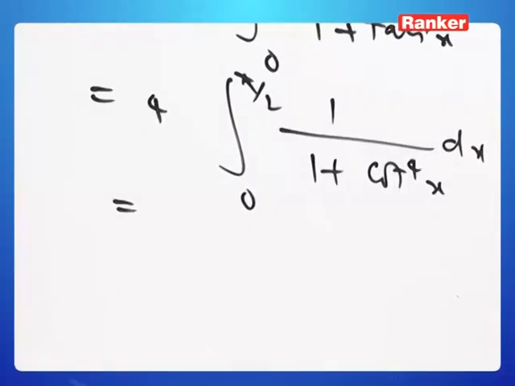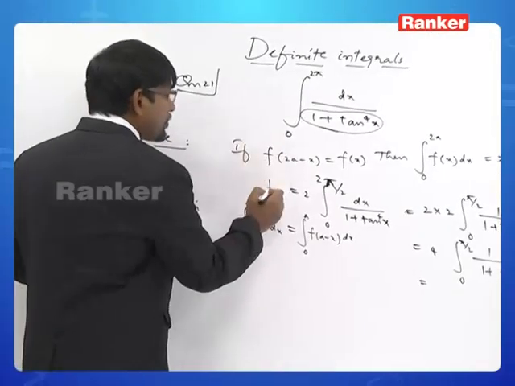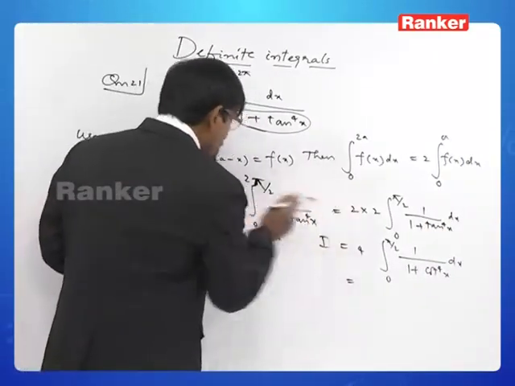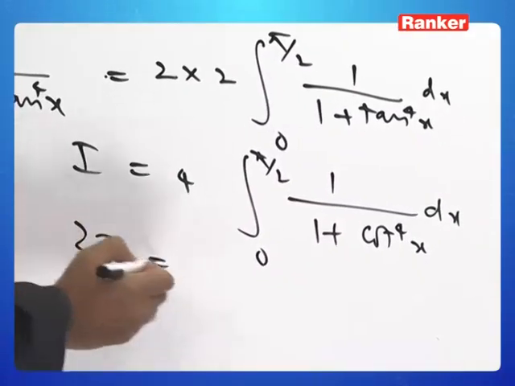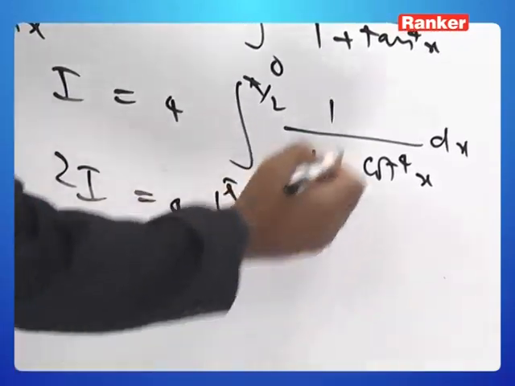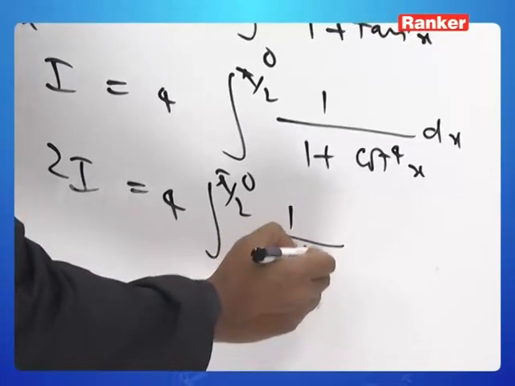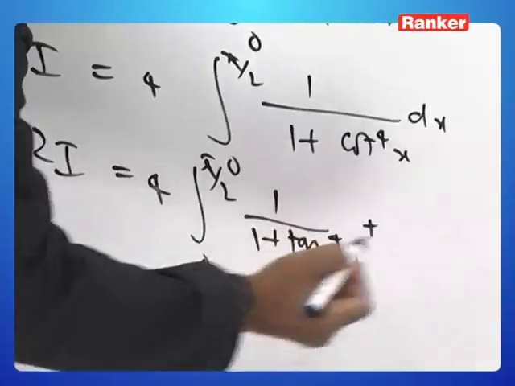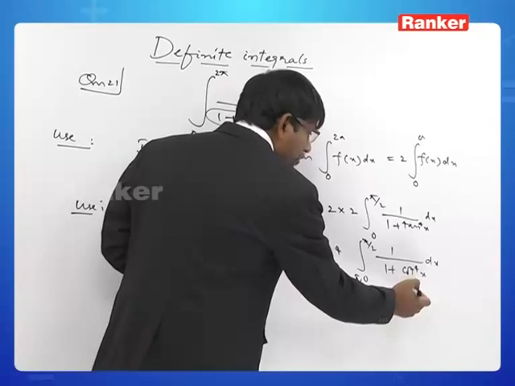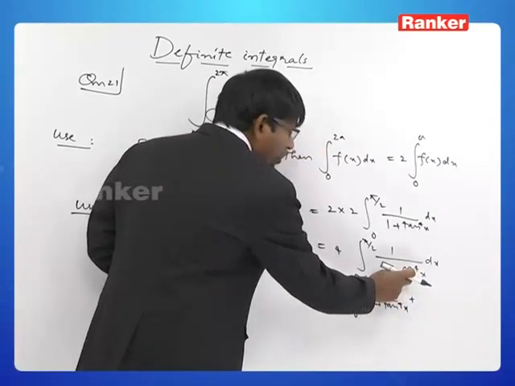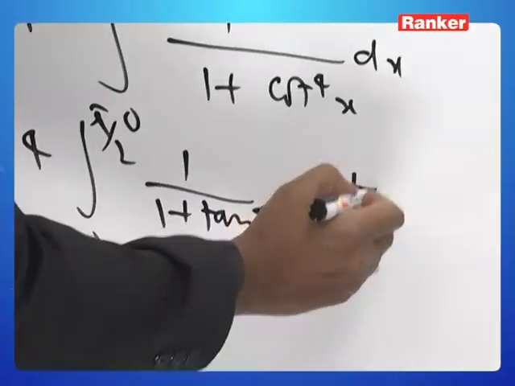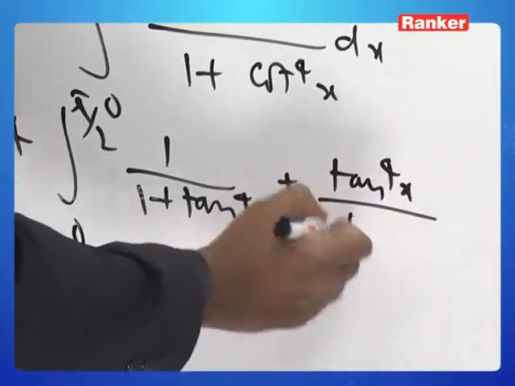Now, let us call this integral I. I is also equal to this. So, let us add this I and this I. So, what do we get? 2I is equal to 4 times integral 0 to pi by 2 of 1 by 1 plus tan power 4 x plus, I am adding the integrands because the limits are the same. What do we get here? This cot power 4 x we can write it in the form of 1 by tan power 4 x. So, taking the LCM, we get tan power 4 x by 1 plus tan power 4 x